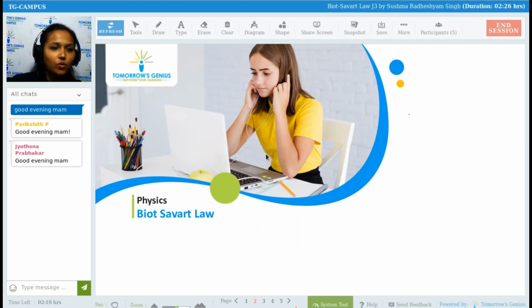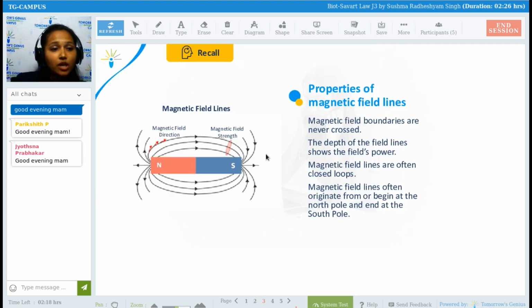So let's start the session. Today's topic is all about Biot-Savart Law. As in your earlier classes, earlier sessions, you learned something about